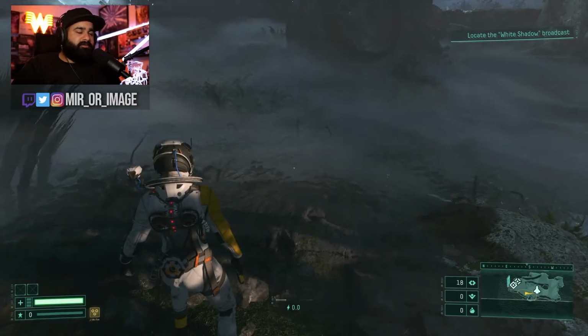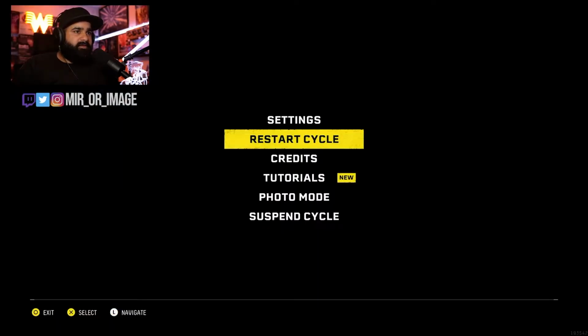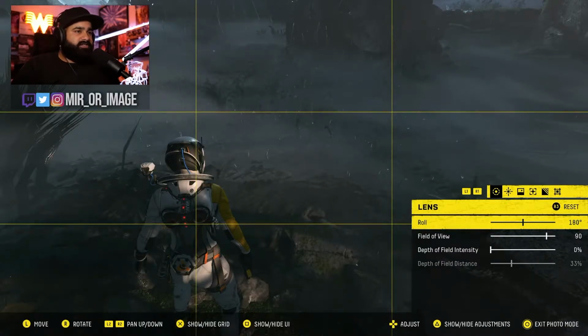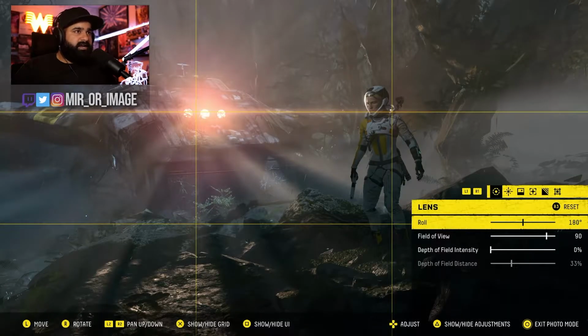To access the photo mode, it's simple enough. Pause the game and go down to photo mode. So first things first, hit X so you can get a grid on screen, and this grid will be known as the rule of thirds. It's not a definite rule, you're allowed to break it, but basically this will help line up and compose your shot. So this first tab here is your lens tab, and it starts you off with a roll, and roll